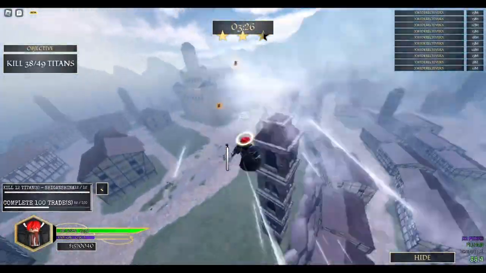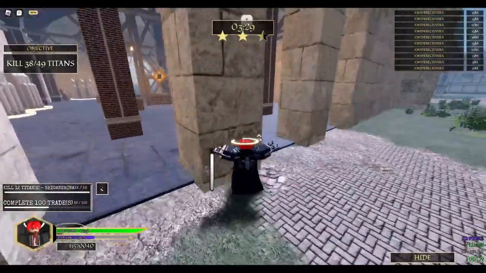It takes around 2 to 3 Thunder Spears to kill every single Titan. So the stragglers, it might